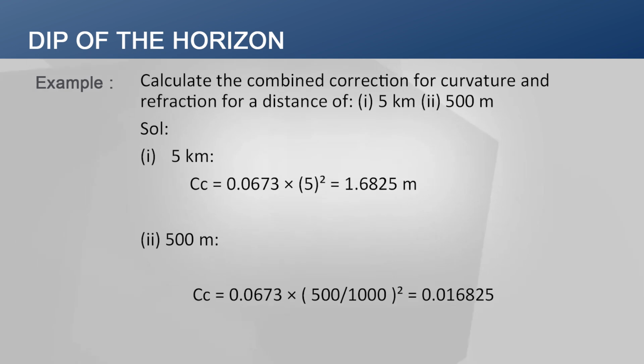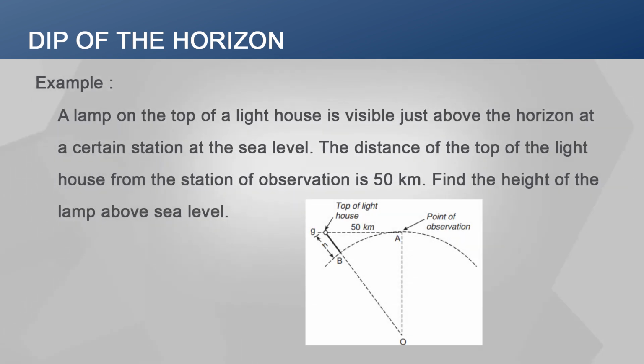In the second question, that is of 500 meters, we know the formula for combined correction as 0.0673 into d square, where d should be put in kilometers. So, we will convert 500 meter into kilometer and put it in the formula, which is equal to 0.0673 multiplied by 500 divided by 1000 whole square, which will give the result as 0.016825 meters. Moving on to the next example, where a lamp on the top of a lighthouse is visible just